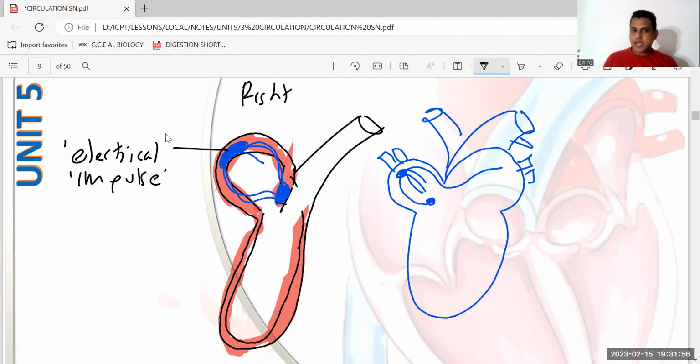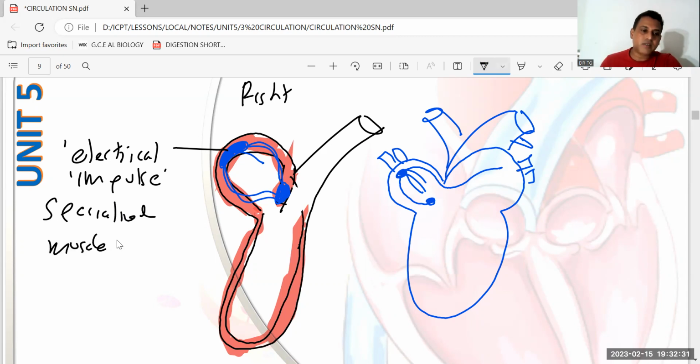So we can understand that if there are positive charges and negative charges on the heart muscle membrane that change, that can generate some kind of electrical potential, because of the distribution of negative and positive ions. So one side has negative ions, the other side has positive ions, and then this can make an electrical impulse. We will talk about this in detail in the nervous system, but we can understand these specialized